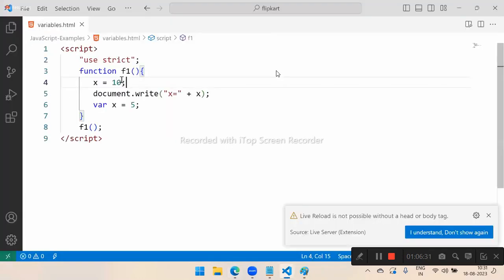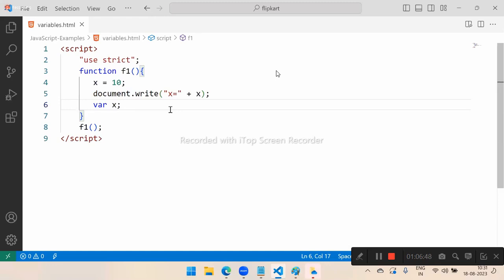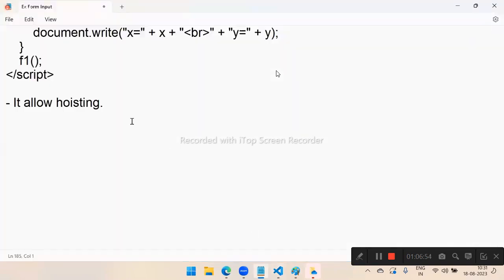So what is the concept of hoisting? Hoisting means there is no order of declaring and using. Actually, in computer programming languages, there is an order for declaring and using. First we have to declare, then we have to use. But here we can directly use without declaring. That mechanism is called as what? Hoist. We call it hoisting. What is hoisting? It is the process